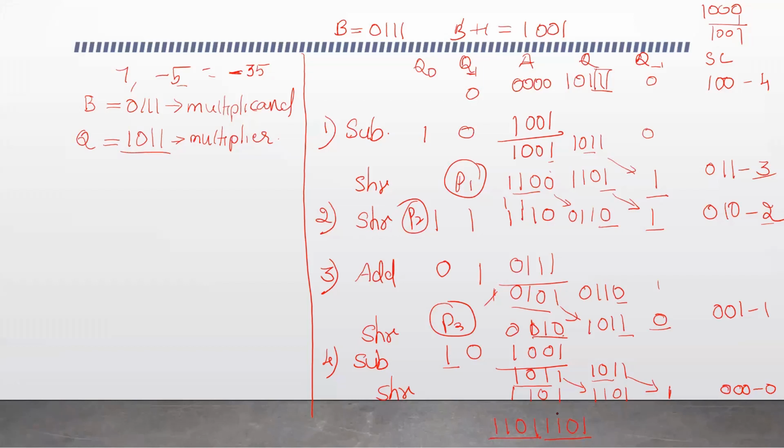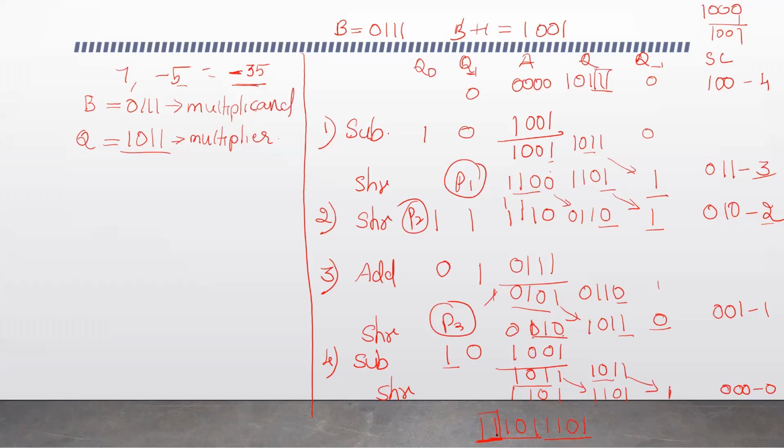Now, how do we find the decimal equivalent of this? This is a negative number. From the sign bit, you can understand that this is a negative number. Of course, our result here is negative, minus 35 should be the result. To check it, as negative results are in 2's complement form, you just find the 2's complement again and you get the positive number. That way you can find out the decimal equivalent.